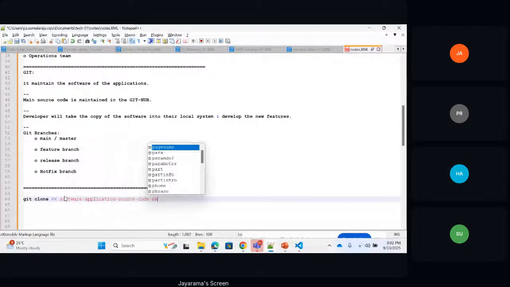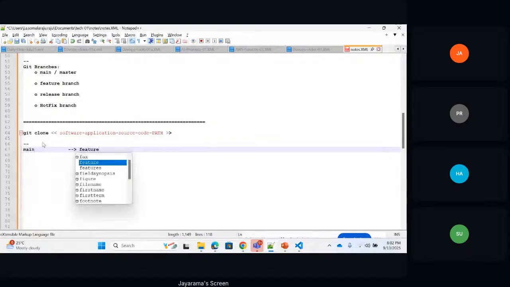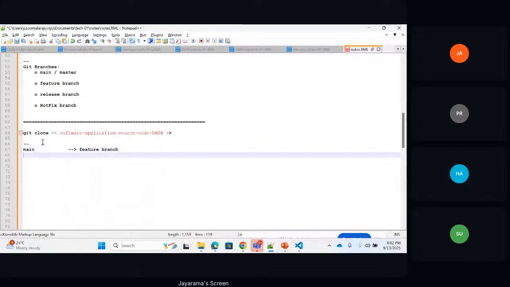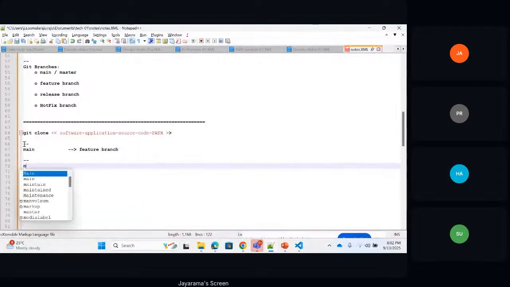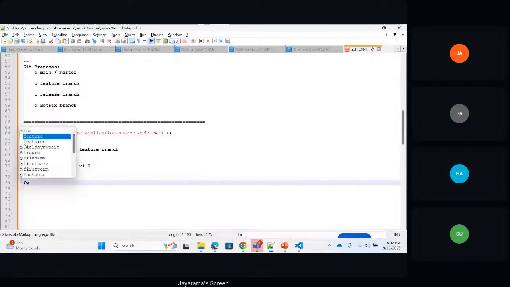Now, if you do Git clone, what will happen is the entire software of your main branch will be copied to your local system. Then from the main branch, you will derive something called a feature branch. Assume that the main branch is in version 1.0, then on top of it, in the feature branch, what you will do